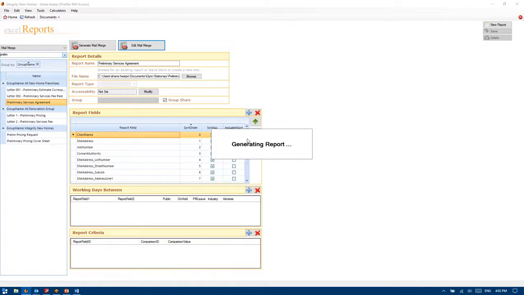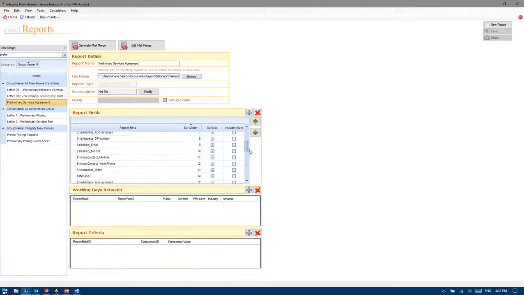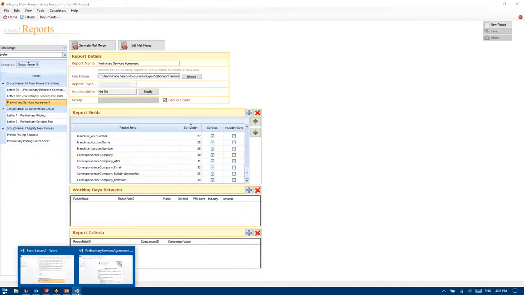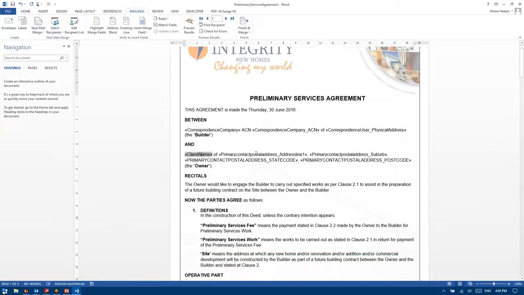So I'll just show you guys those fields that are currently being referred to in the document when it opens up. It's all these ones at the bottom here that relate to correspondence underscore correspondence company. So we've got correspondence company, ACN, the user's physical address, client name, their primary postal address,